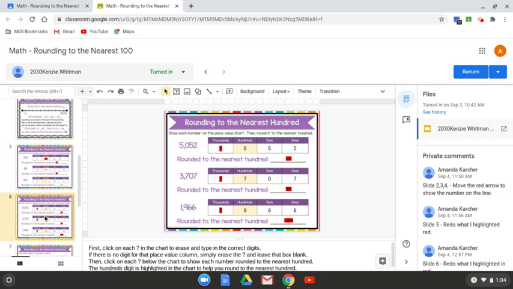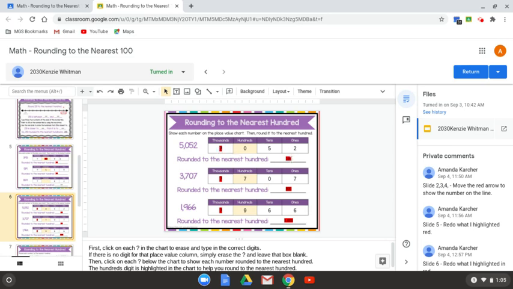For slide 6, whenever you're filling out the place value chart, make sure that you put all the digits in, okay? So all of these have a number in the thousands place. Make sure that you put all of those digits in the chart. And then also, don't just round this column. You need to round the entire number,